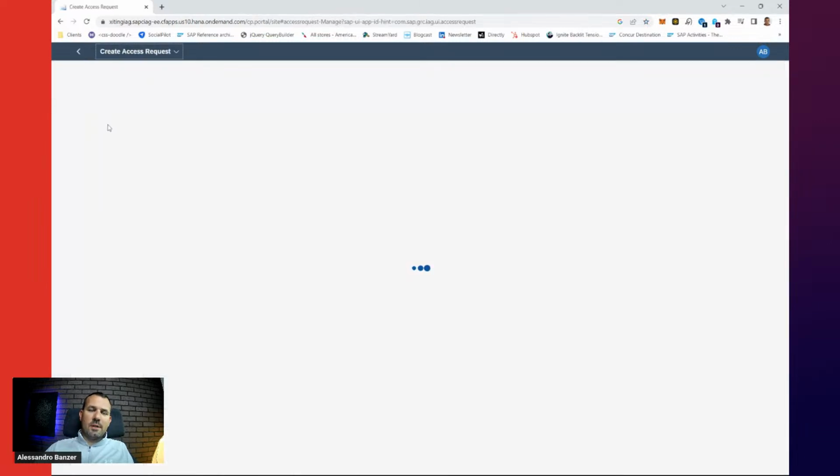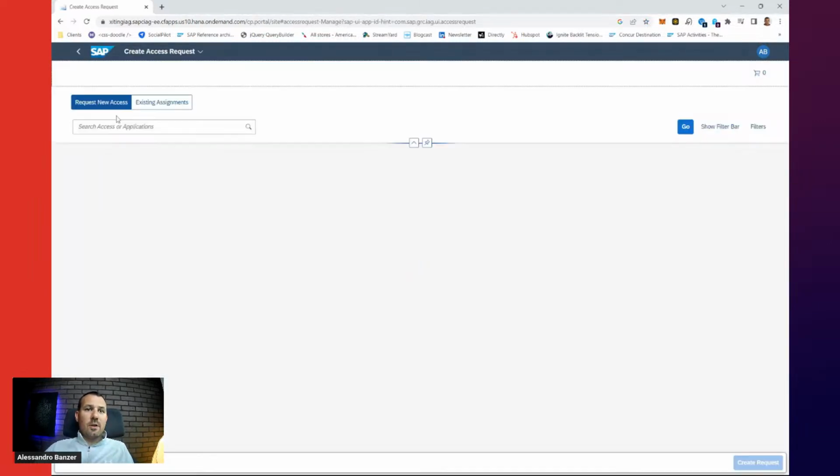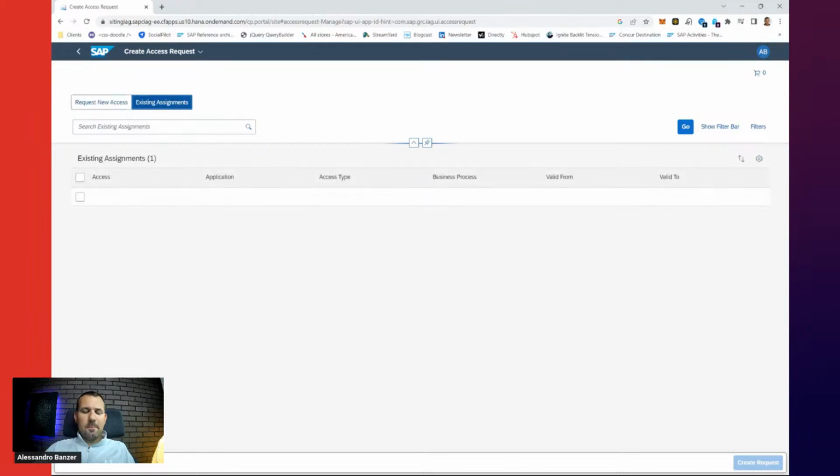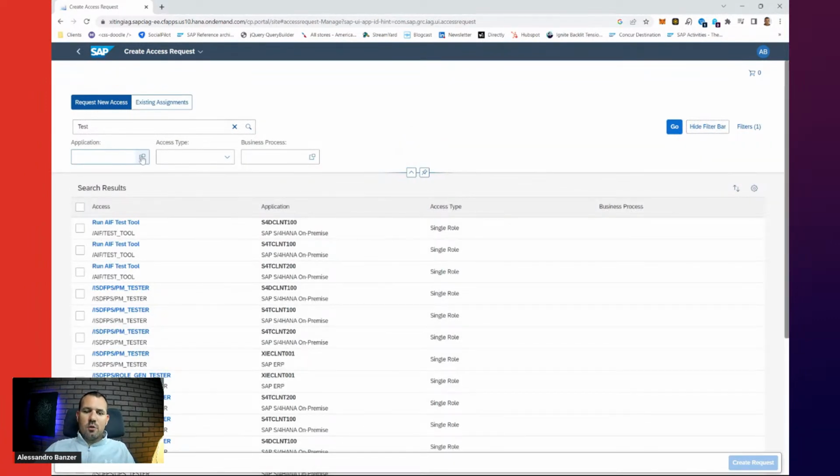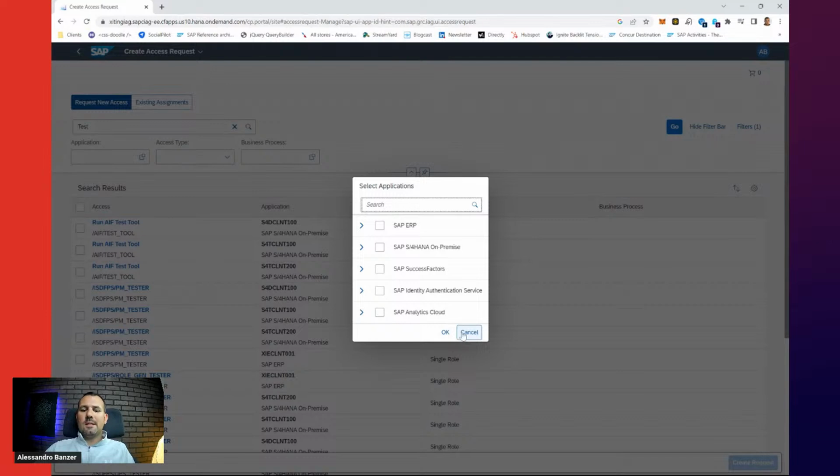So let's just create an access request. This is self-service where I request for myself or someone else. If I want to request for someone else, that's a different tile. Here I'm just requesting for myself, all authorization driven. So if you want someone to be able to do that or not, that can be controlled. What can we do here? I can request new access. I can look into my existing assignments and change them. And here, I tried this before, it didn't show properly, but that's just my system. If I want to request access, I can search for it. There's different filters we can do if you want to search for access in a specific application. That's obviously possible. And you can see here we have like SAP ERP connected.